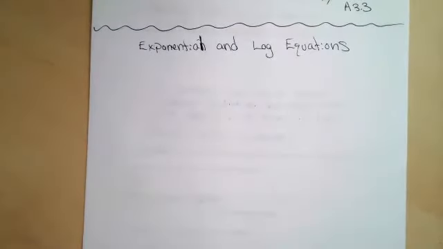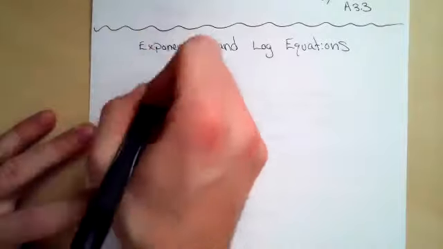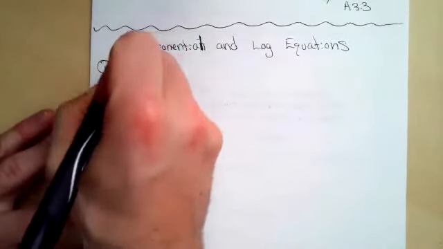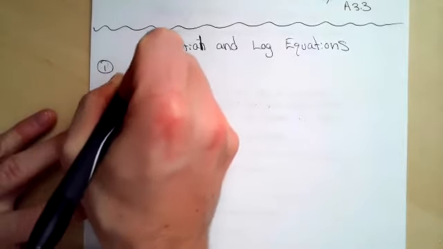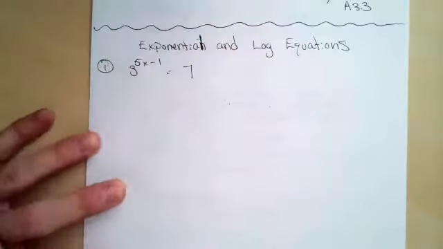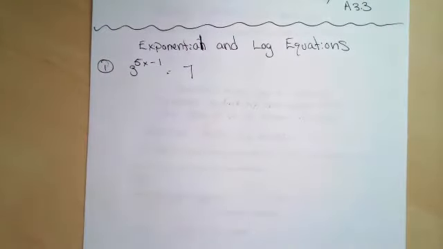So we're just going to start off with some examples and progressively work our way up in difficulty. First example, we've got 3 to the 5x minus 1 in the exponent is equal to 7. And so what we want to do with this is apply a suitable base logarithm to both sides. So maybe let's write down some tips